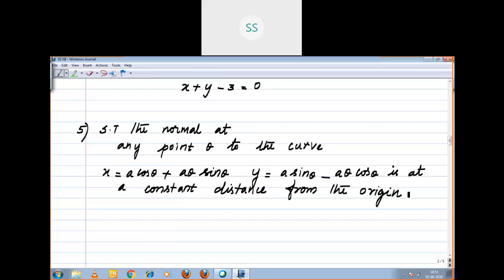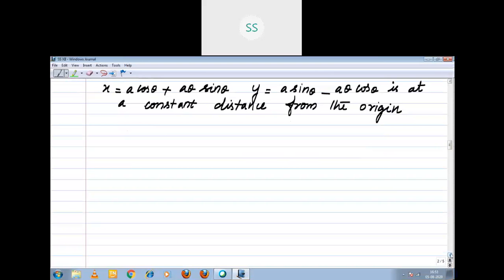First, the same procedure you want to follow, right? What is the same procedure? Any idea? First step, you want to do the differentiation with respect to theta, because here x is given and y is given separately. Using that, you have to differentiate. You will get dy by dx, that is your slope of the tangent. Right, children? What is your dx by d theta? dx by d theta equal to minus a sin theta. That is your first part.